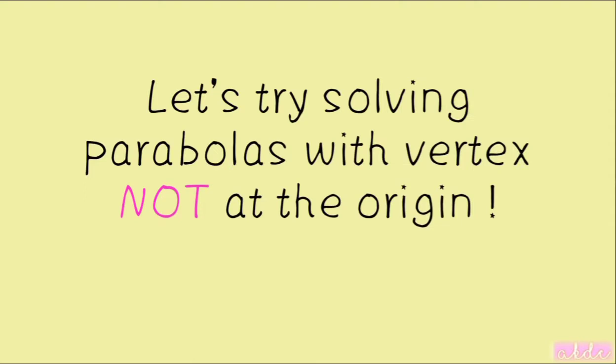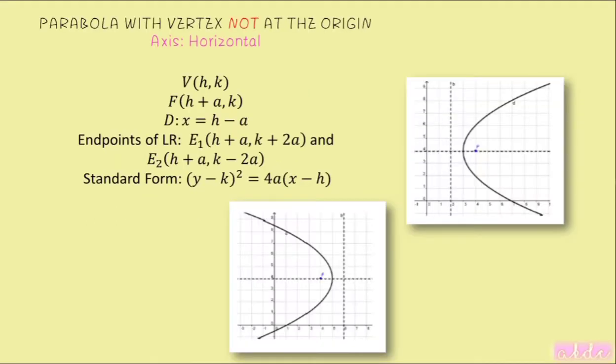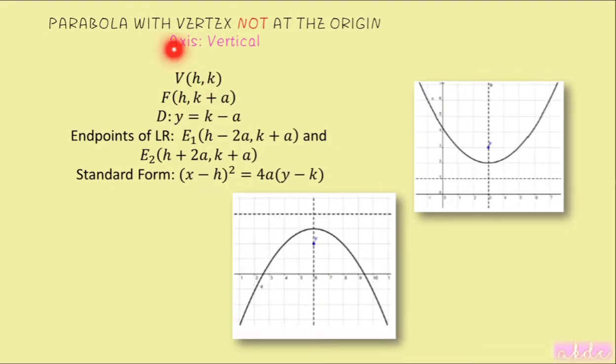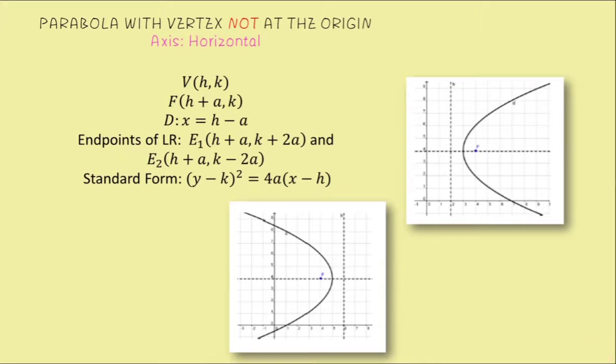Let's try solving parabolas with vertex not at the origin. So this time, our vertex is not at the origin, or not at (0, 0). Instead, our vertex is at (h, k). Also, we have axis at horizontal and axis at vertical. The first one is if the axis is on horizontal, or if the parabola is opening to the left or to the right